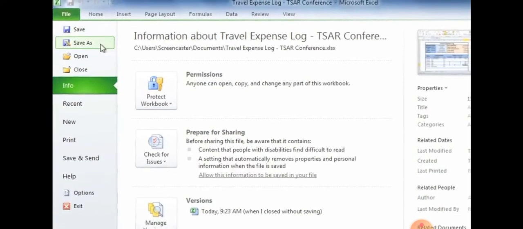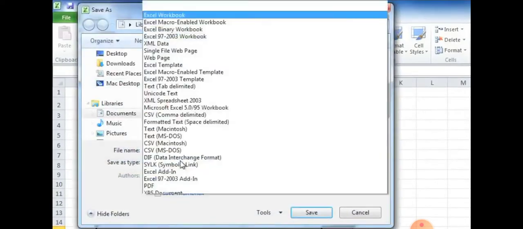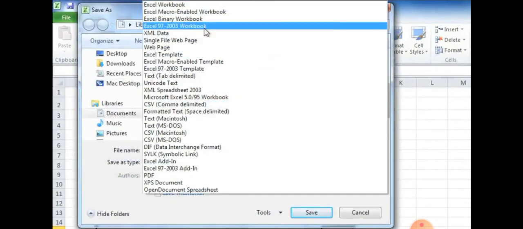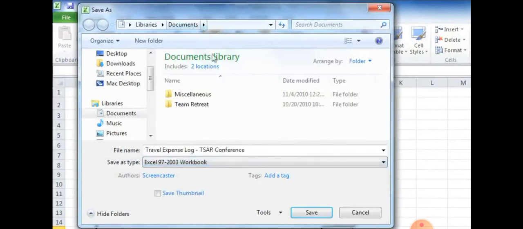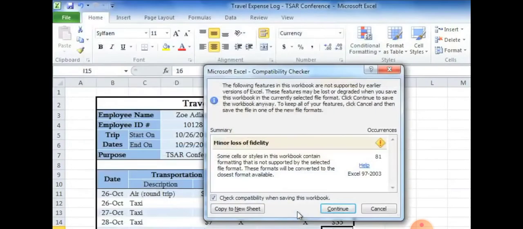Under the info option, you can save the document itself. Another way of saving is the Excel 97-2003 workbook option.